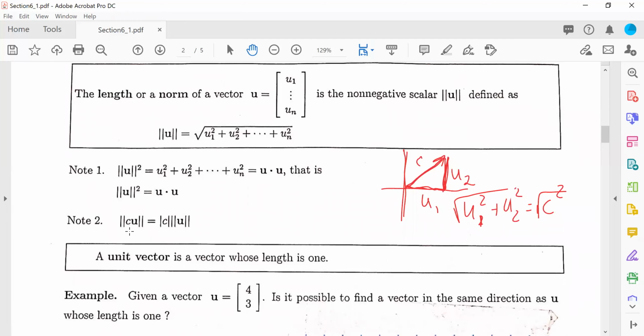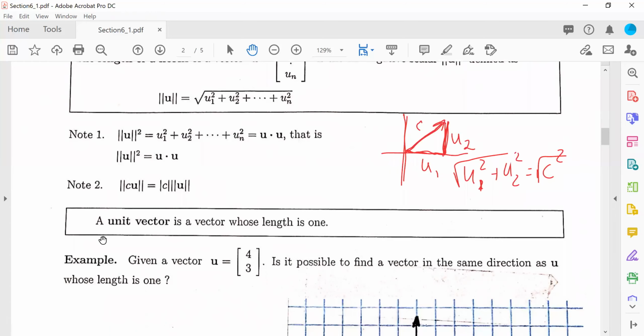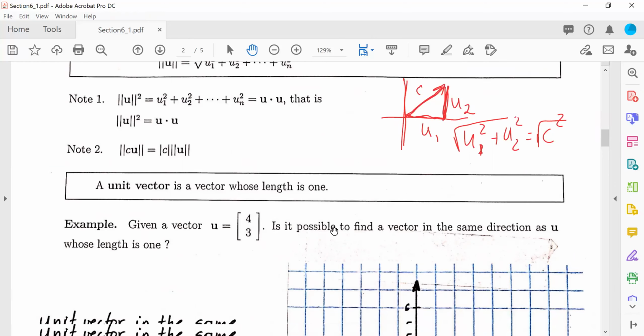And if you have c times a vector, that number c, in absolute value, can go in front by the definition of the length or norm. A unit vector is a vector whose length is 1. So now we have an example: given a vector u = (4, 3), is it possible to find a vector in the same direction as u,